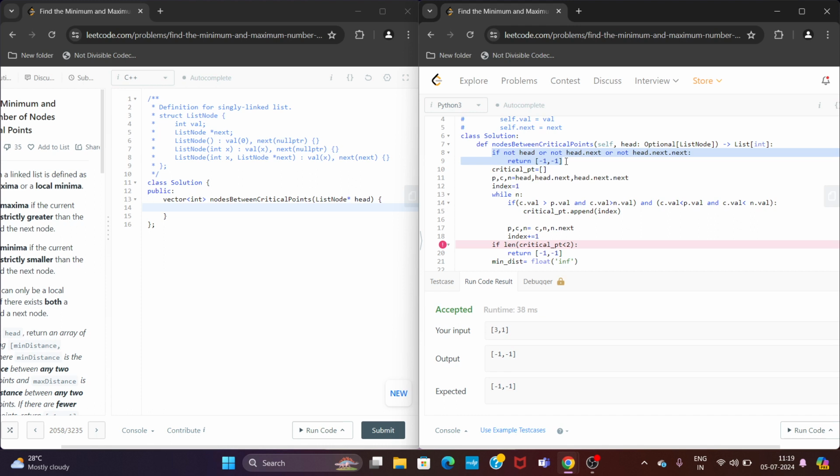The same we will do in C++. We will check, first of all,